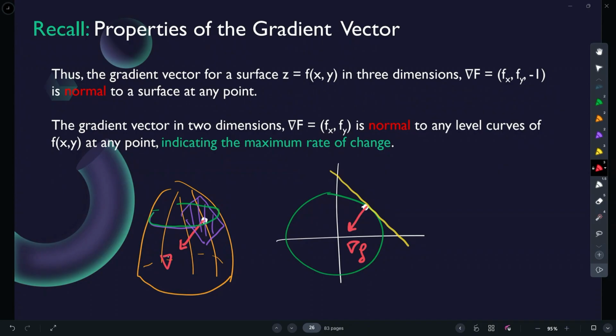So those vectors are very useful in coming up with tangent planes and tangent directions, but also,